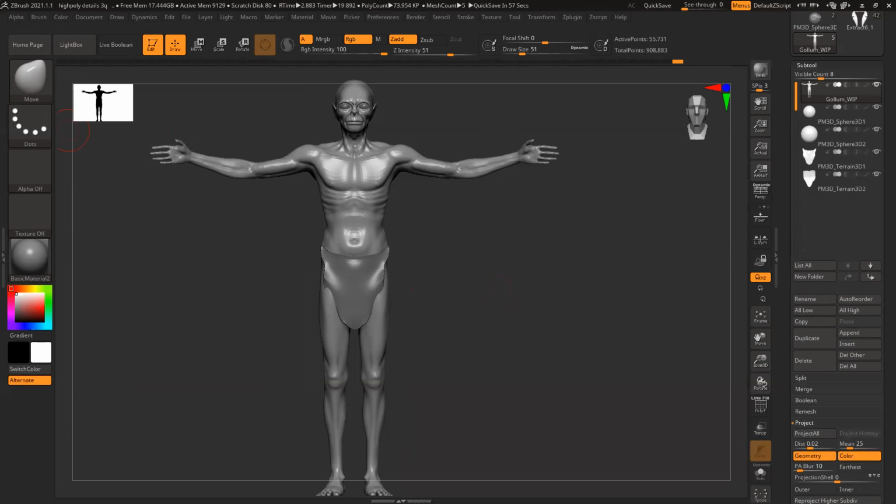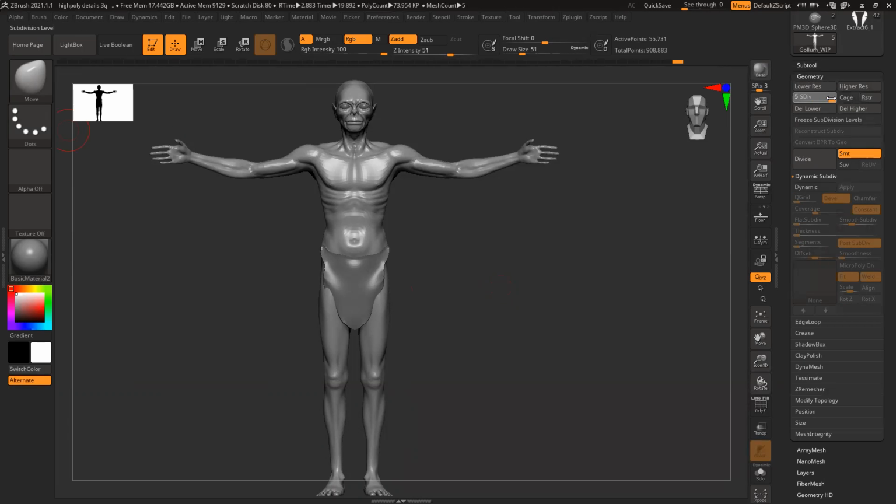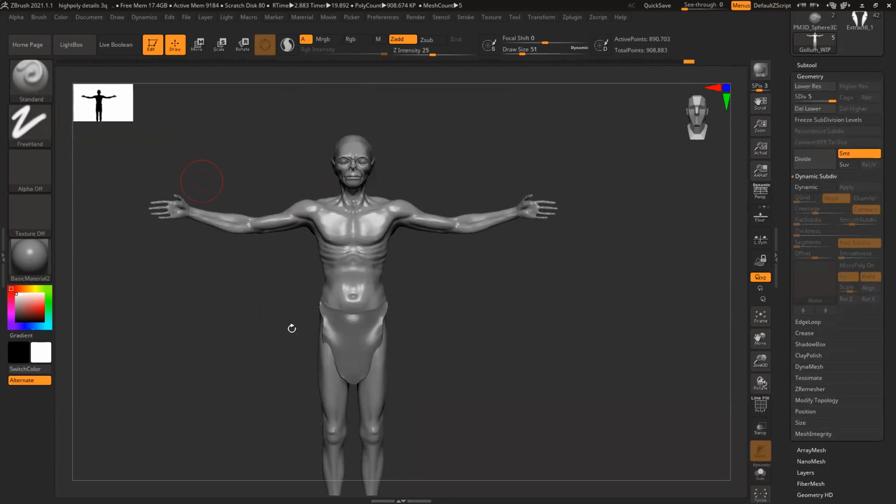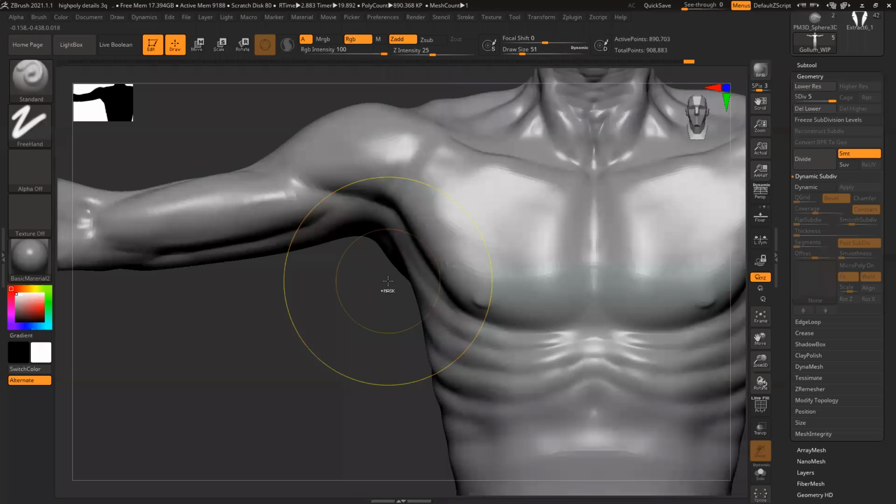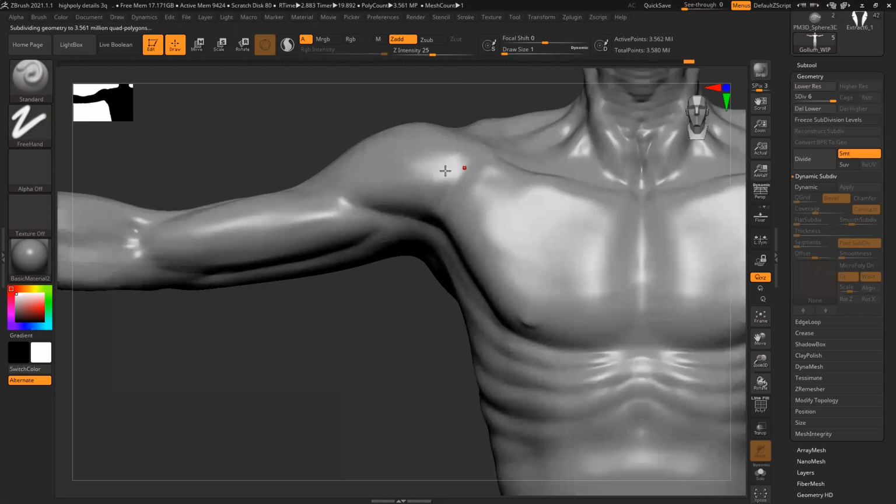Anything else? So for vines, I should use alpha. No, sculpt vines are simple lines, right? So you need to use alpha for that. If I want to create vines, I can use only the basic standard brush with my free hand and maybe subdivide one more time, a decent amount of polygons, small brush, and then you can create